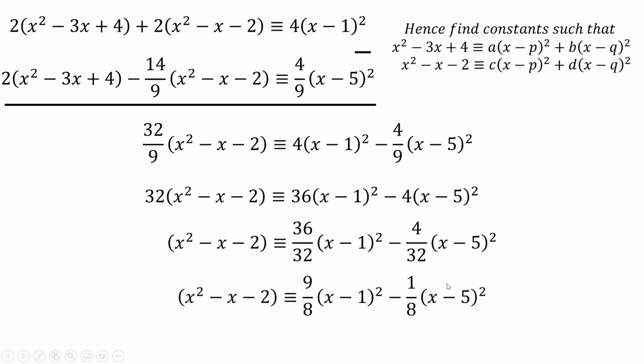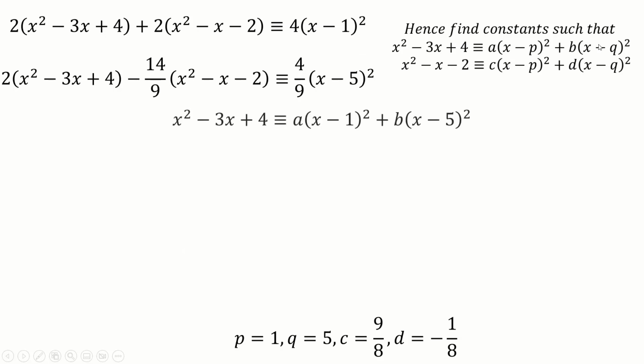I'll end up with exactly what they want, whereby c is 9 over 8, p is 1, d is minus 1 over 8, and q is 5. And those would be my constants for the first bit. And of course, to find the other constants, I'm only missing a and b now. I could multiply this up to match this one and then take away, but actually I think what it's easier to do, now that I have p and q, is I can just look at this one here, write it out again,